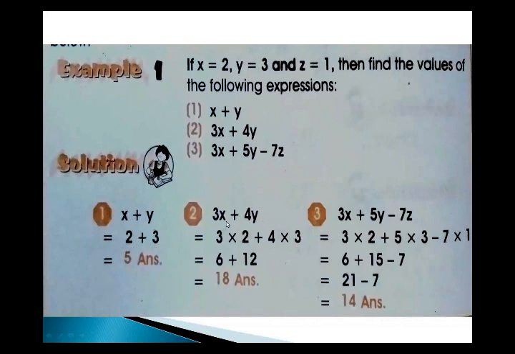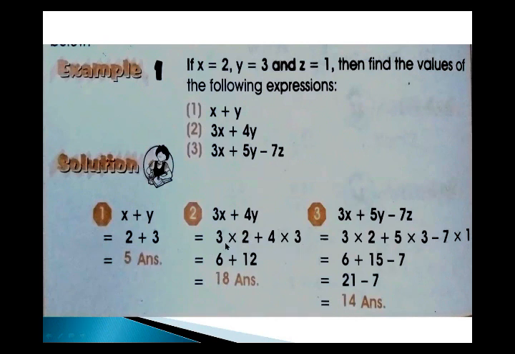Okay, similarly here you have to just put the values of x and y. So 3 is written as it is. Then the multiplication sign, because both of these numbers are in the form of multiplication, so you write the multiplication sign. Then x, and what's the value of x? Yes, 2. So you write 2 over here. Then the addition sign, which is given in the question, you just write the sign as it is. Then 4, which is a coefficient, you write as it is. Then the multiplication sign and put the value of y. The value of y is 3. Then you write 3 as it is.